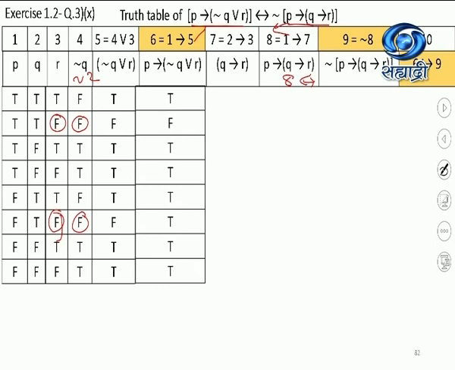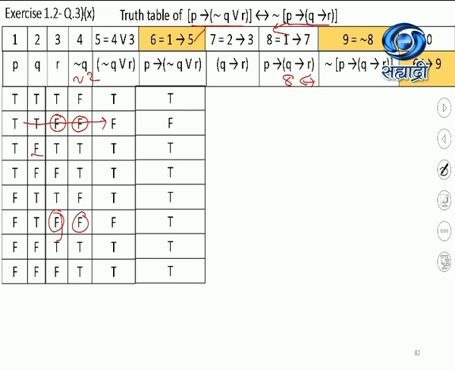Implication of P implies Q or R means column 1 implies column 5. Remember the sequence. I told you for implication, you have to take the first finger on column 1 and the second finger on column 5 and then draw the arrow, and only T implies F combination is F. Only the second row value is F, all other values are T in column 6.